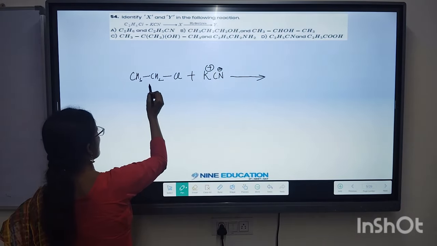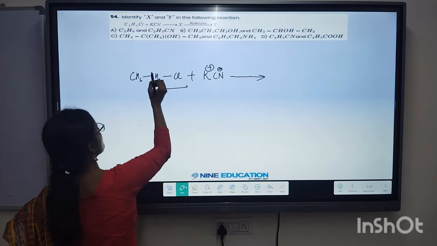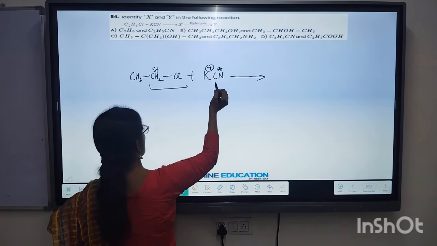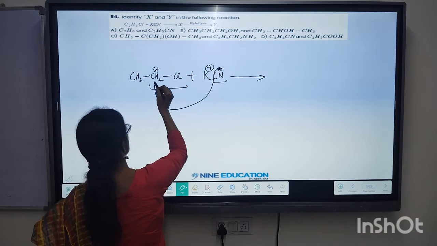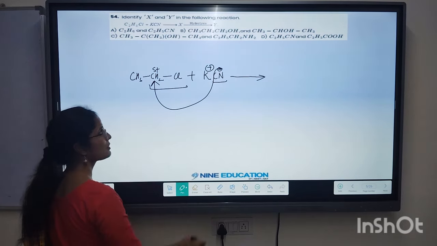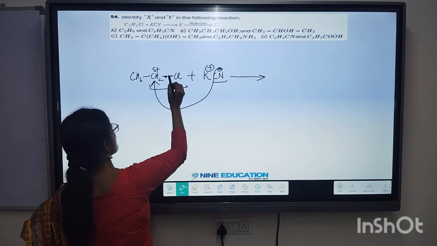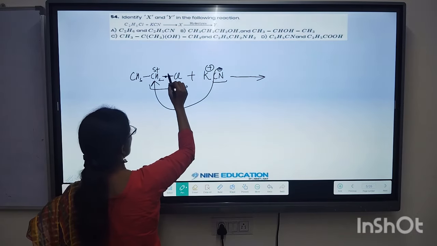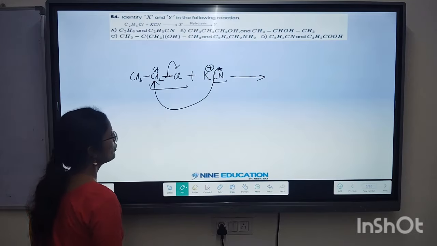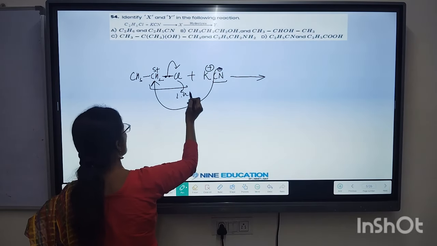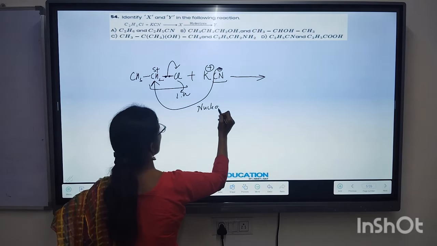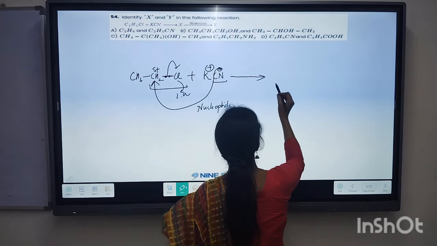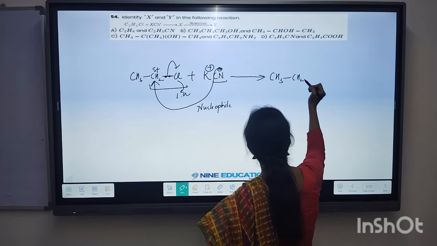Now the idea is when it comes to the carbon chlorine bond, as this bond is polar, carbon will be bearing delta positive charge, and ultimately you are having CN minus. So CN minus is a nucleophile, it will be attacking at the electrophilic site. And your chlorine, right, halogens, they are a good leaving group, as they can easily bear a pair of electrons or a negative charge. So Cl will take a pair of electrons and will leave in the form of a leaving group, and your CN negative will simply serve as a nucleophile. So it's a normal nucleophilic substitution reaction, and it will be ultimately giving us what?